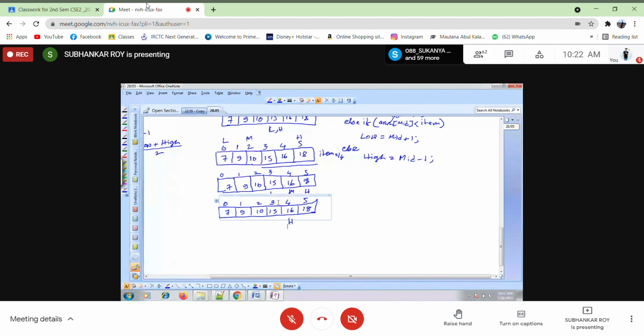Sir, why will it be mid minus 1? Just a minute, yes, why mid minus 1? Sir, what is the condition with 14 now? Item is 14 and mid is what? 16. Mid is 16. So item is less than the mid. Item is less than the mid or greater than the mid or equal to mid. Item is less than mid, right? Then what? If item is greater than mid, we have to go to the right part. If item is less than mid, we have to go to the left part, means this part will be discarded. So L was this one, H will also be this one.